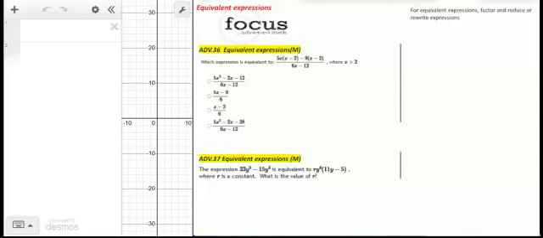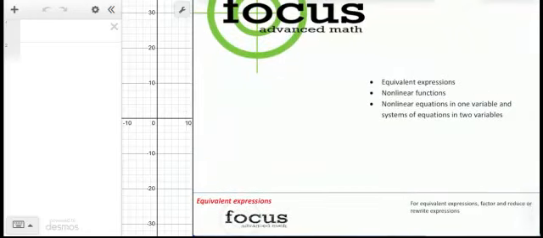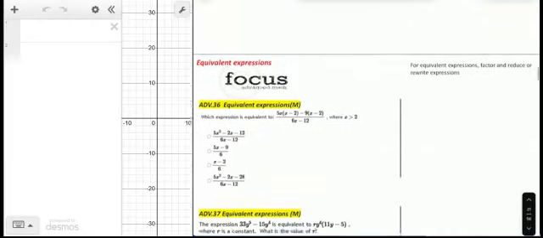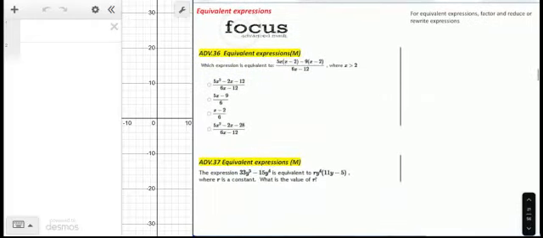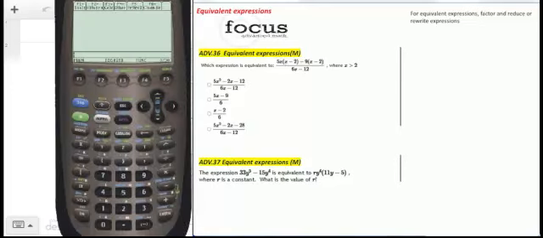All right, for the Algebra 2 material, the advanced algebra concepts, which are going to cover equivalent expressions, nonlinear functions, and systems of equations that have nonlinear functions in them. For these ones, the College Board still does allow the TI-89 as well, and so the Desmos calculator isn't something that can help you a lot with a lot of the factoring and working with expressions, but the TI-89 can. So for this one, I'm going to do it by hand and show how to use the TI-89 to answer